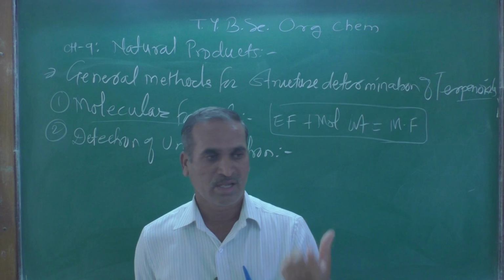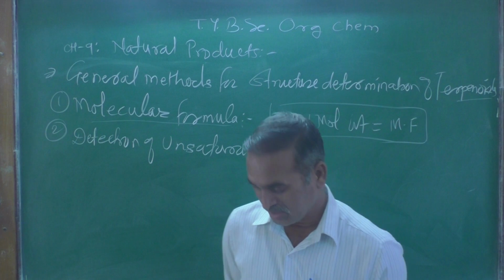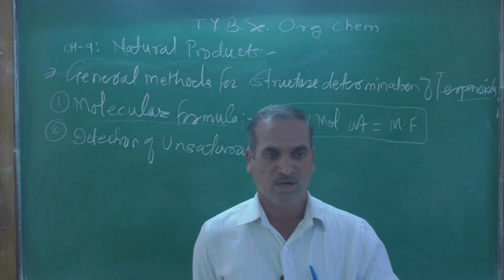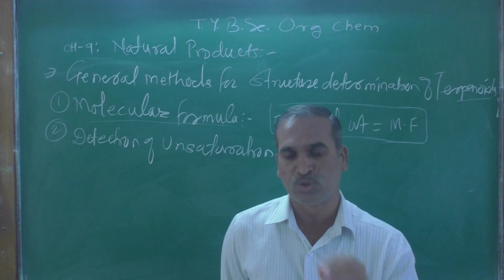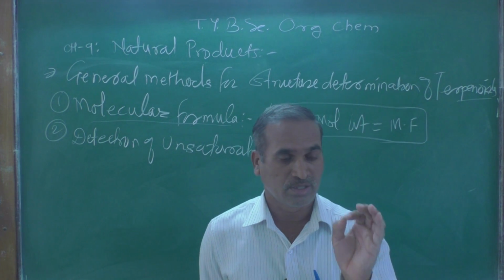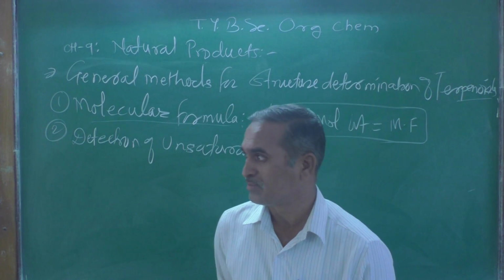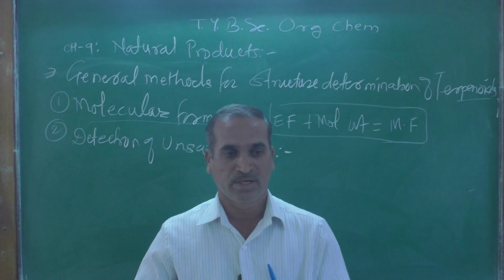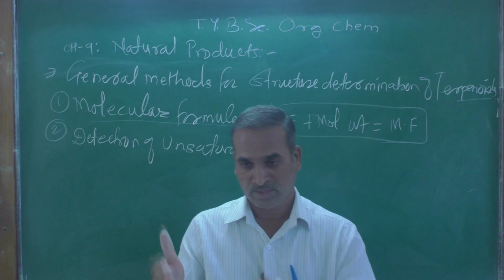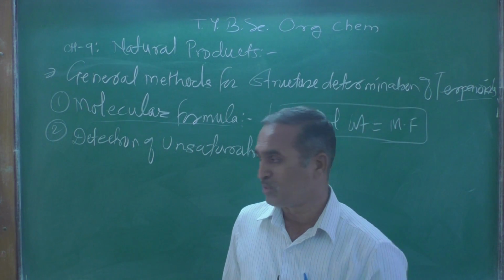So, it is very easy. Do you remember the reagent which is used for the detection of unsaturation? Yes, many of you might know, or some of you may not, but let me tell you. When that organic compound is treated or allowed to react with Br2, as we know, Br2 is brown in color.